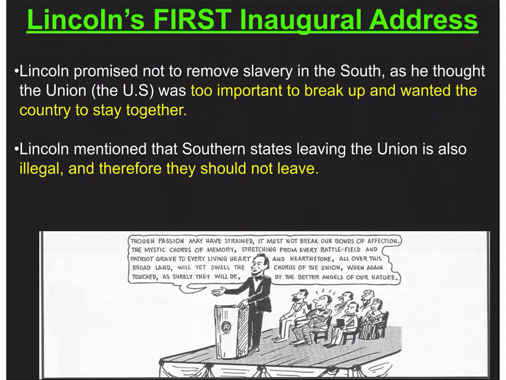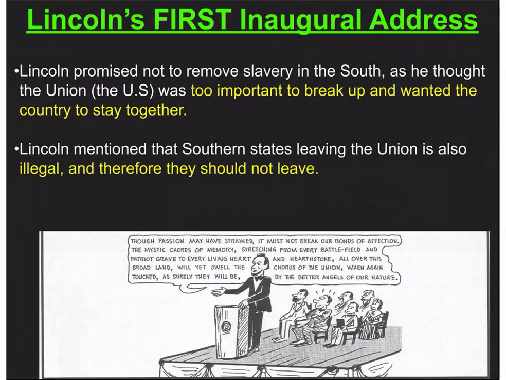Once Lincoln is elected, he has his first inaugural address, which means he is addressing the nation right when he's elected. So he gives the nation his speech, his inaugural address, and his main focus point is to say that he wants to preserve the Union. He does not want to divide up the country. He thinks that it's too important to have these states break away, and he wanted the country to stay united,